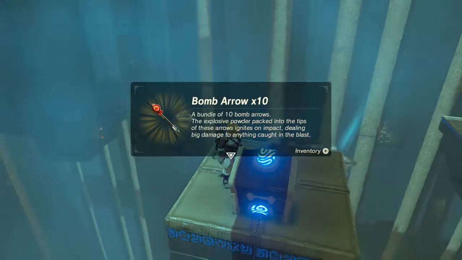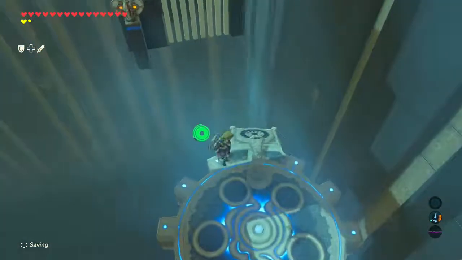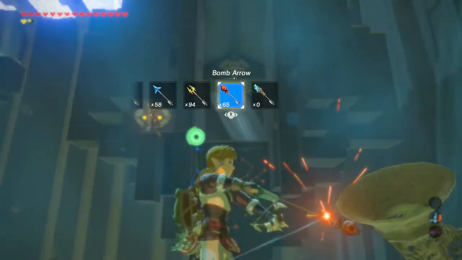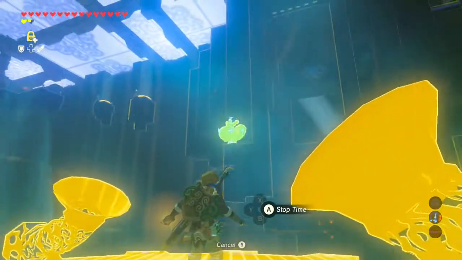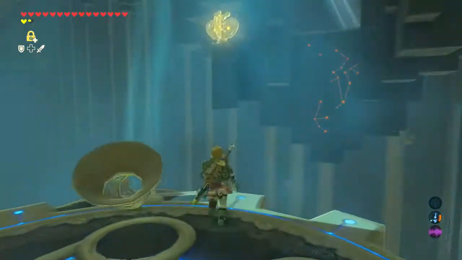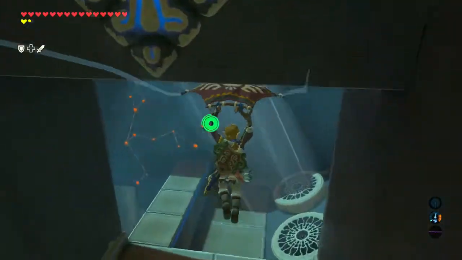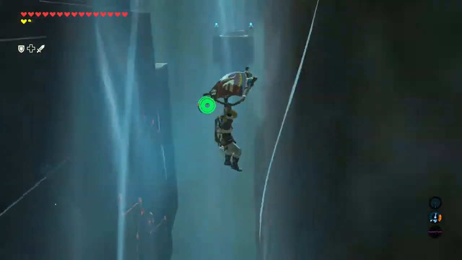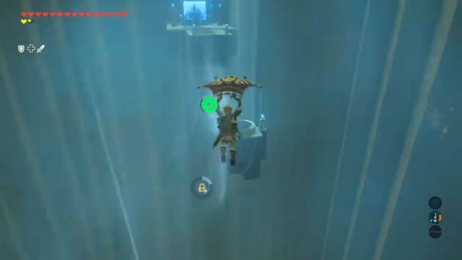Oh, look! 10 bomb arrows. It's totally cheating the puzzle when they give me the item that I need to complete the puzzle in the easiest fashion. Literally right next to the puzzle that's easy to complete while using that item. Totally cheating. Totally cheesing it. Okay, well, it is cheesing it, but it's not cheating. It is something that they actually considered you would do. It's nothing broken. Don't worry about it.